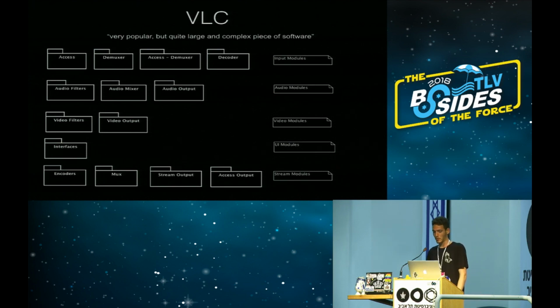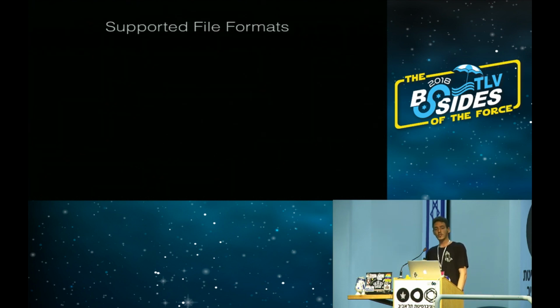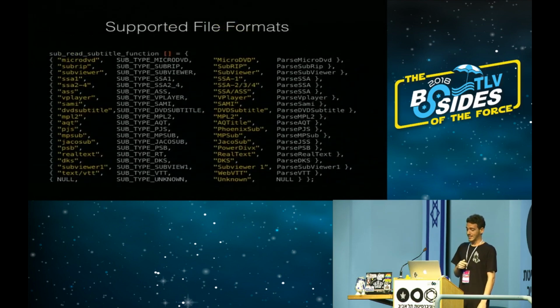So let's go over them. Textual subtitles are parsed by VLC in a demuxer called subtitles.c. These are all the supported formats and the respective parsing function. And yes, that's a lot. And the demuxer's only job is to parse the different timing code of each format and send the subtitle to